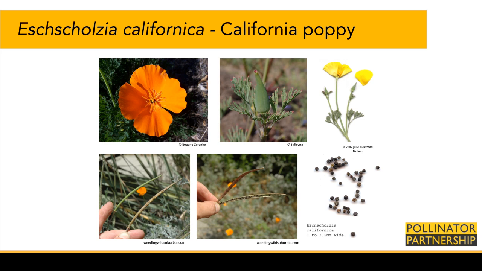Eschscholzia californica, or the California poppy, is a low-growing wildflower with bright orange to yellow cup-shaped blooms that close in cooler or low-light conditions. The foliage is light green to silvery and finely divided, giving the leaves a feathery appearance. After flowering, the plant produces long, narrow seed capsules, typically 2 to 3 inches in length, with visible ridges along the sides. Seeds are ready for collection when the green capsules dry to a tan color and develop darker streaks